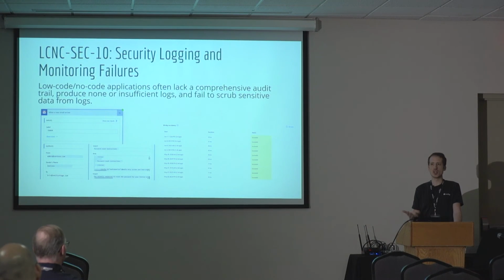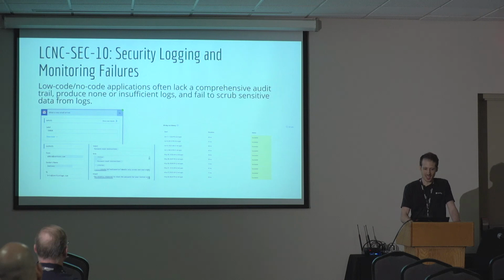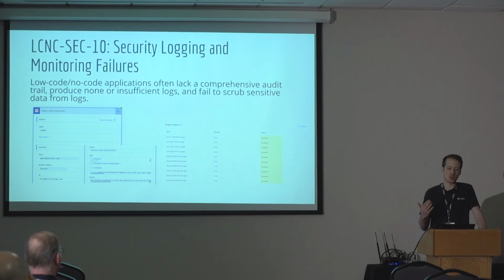As an example, if you're using an automation platform like Zapier or Workato or Power Automate, the actual content that goes through that automation is being written to logs. And so if you're handling credit cards, they are there in the logs. This is, again, a place where the platforms themselves need to go to a better place in terms of their maturity. But this is a problem if you want to do any security logging and monitoring.